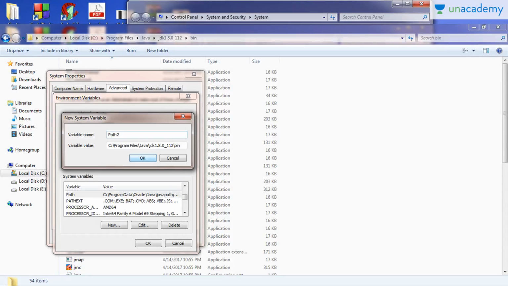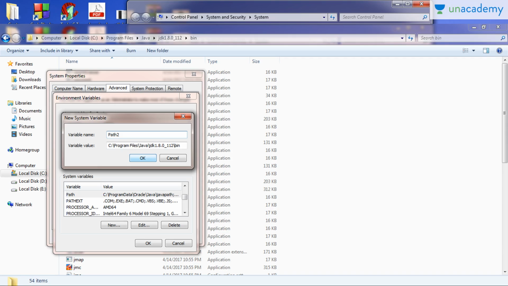After clicking new button, here you can see that you can specify the name of your variable. Here you have to specify the path of your Java compiler. You can find the path of Java compiler by just following this path.